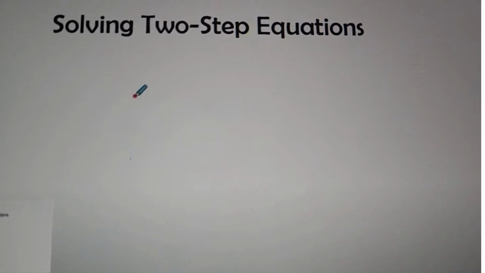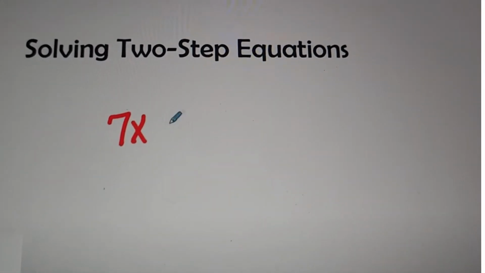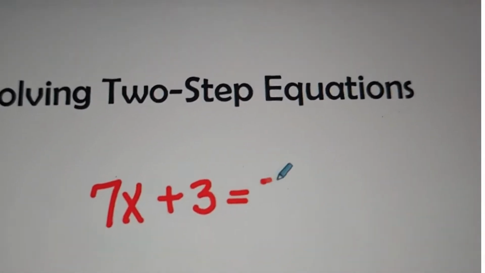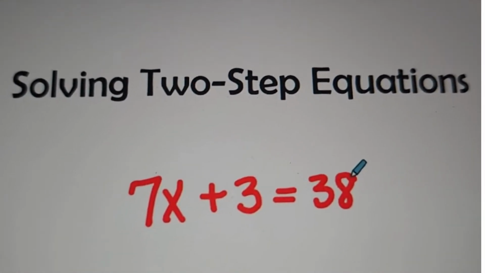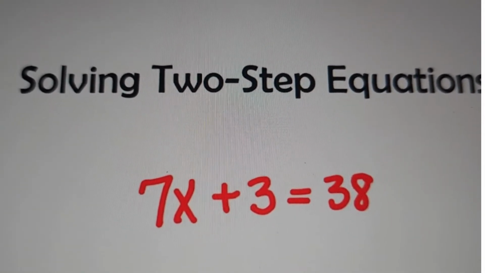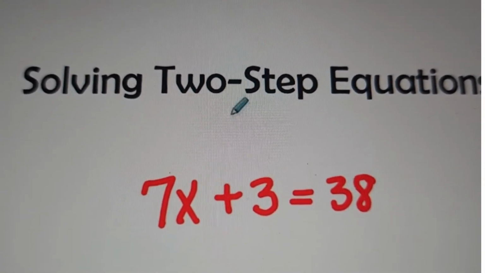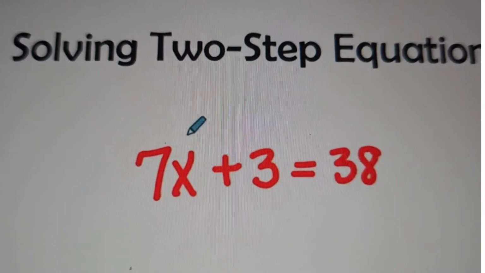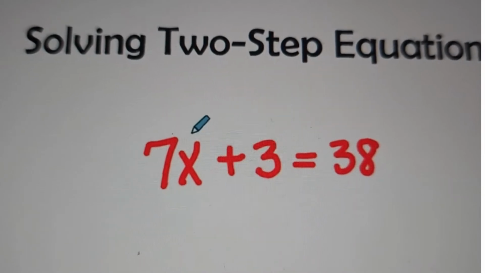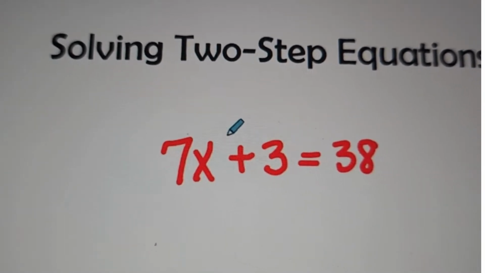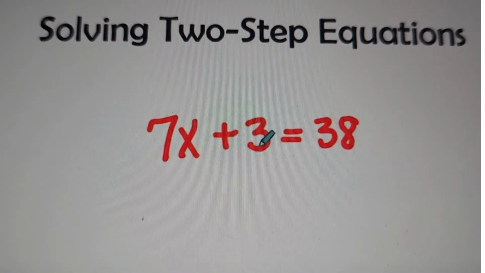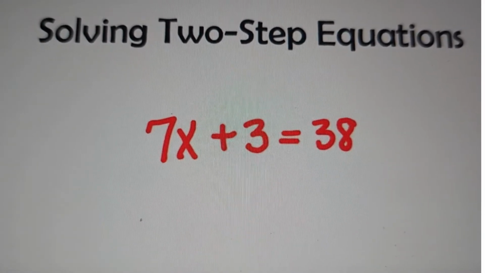First example, we have 7x plus 3 equals 38. Now, in this equation, our goal is to manipulate the equation to get the x by itself. And so we look at anything that is attached to the x, and we want to mathematically move it over to the right-hand side. So if I look at this positive 3 right here, I would like to add what